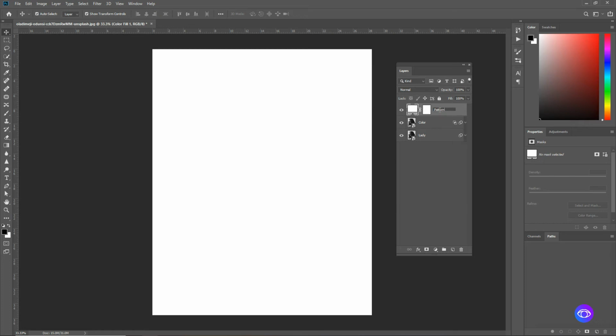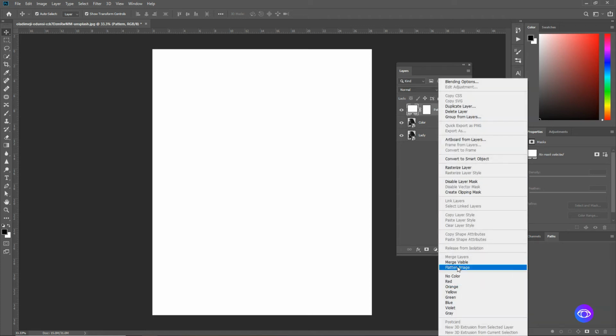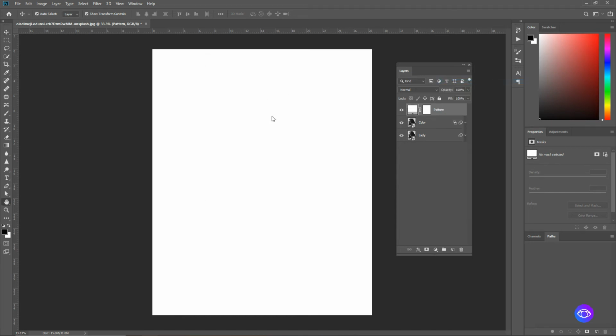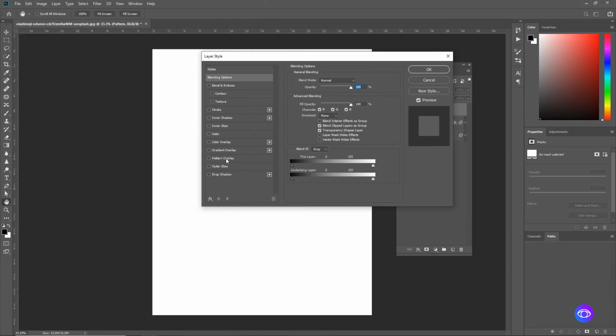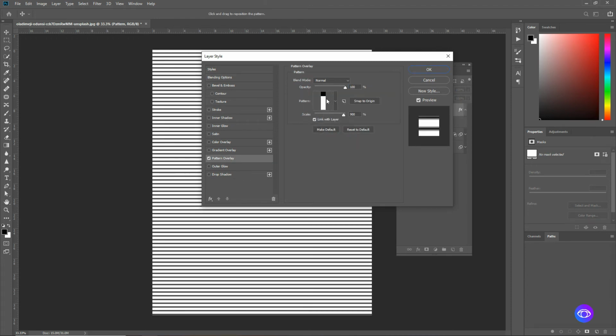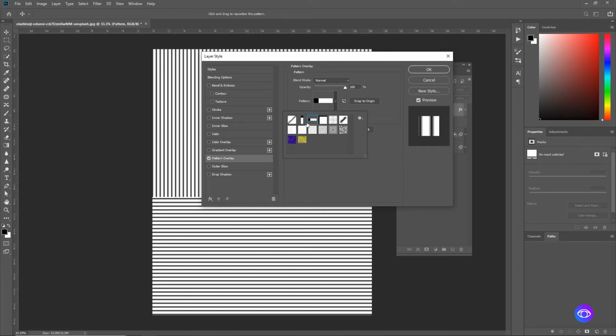We're going to apply a pattern on this image. I want us to have an old television effect. By doing that, just go to blending options, and then under blending options, go to the pattern overlay, and then you choose this